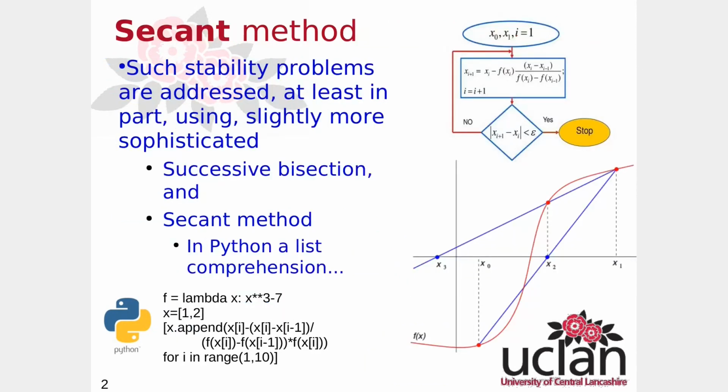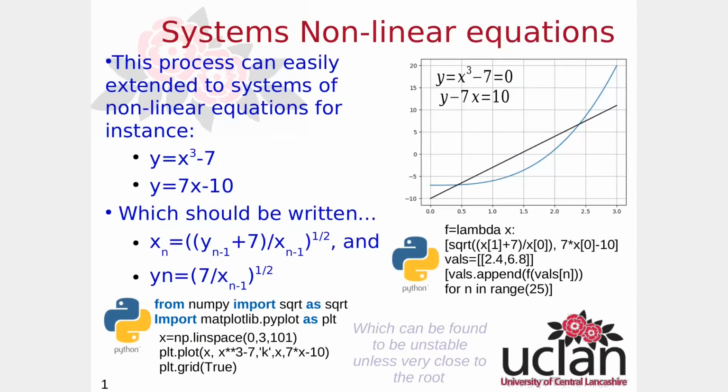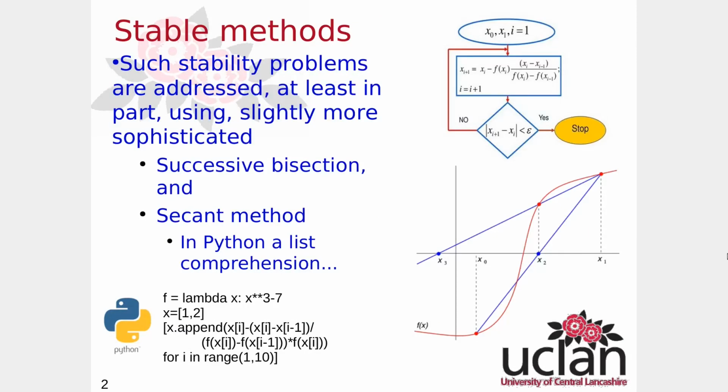The secant method. Of course, the problem we had with the previous methods is stability. So, for instance, if we used this particular problem, we'll find that it is unstable unless it's very close to the root. And that's something that we'll look at, this idea of stability in the workshop. So such stability problems can be addressed, at least in part, using slightly more sophisticated methods such as successive bisection